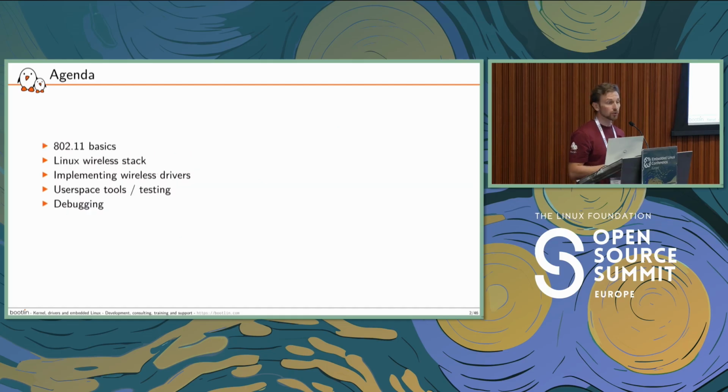For this talk, I plan to give you this talk in 5 parts. I will try to keep it as small as possible, but I need to talk a bit about the standards, obviously. Then we will see how it is implemented in the Linux kernel, what is the official wireless stack, and how our wireless drivers integrate in there. And we will actually see some code, see what is the basic skeleton to write a device driver supporting a wireless device. Finally, we will see, of course, some tools to start playing with our new driver and possibly how to start debugging and analyzing any possible failure with our driver.